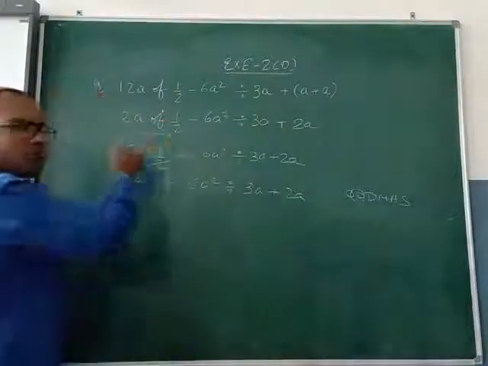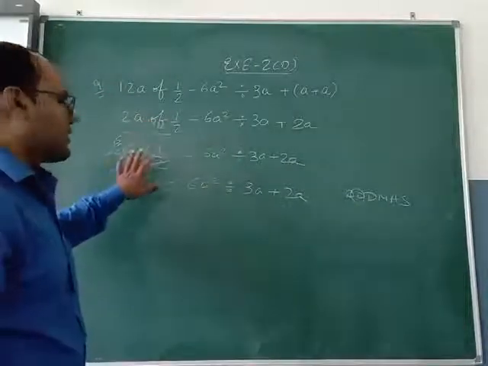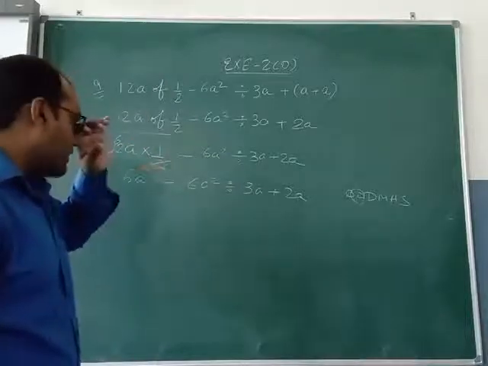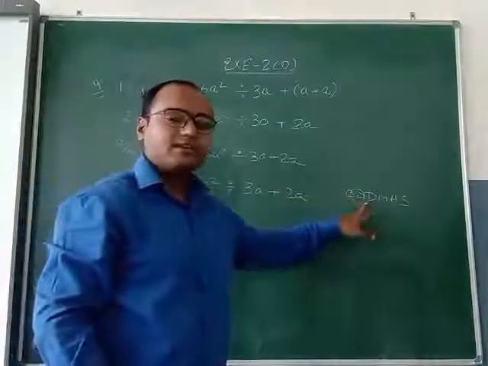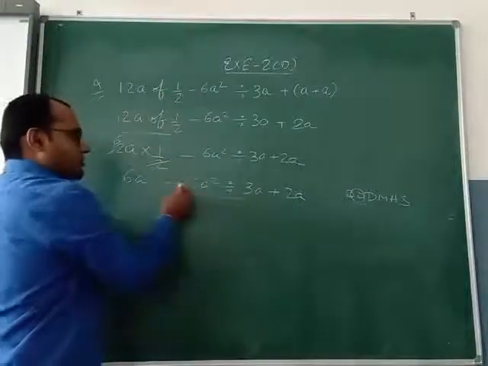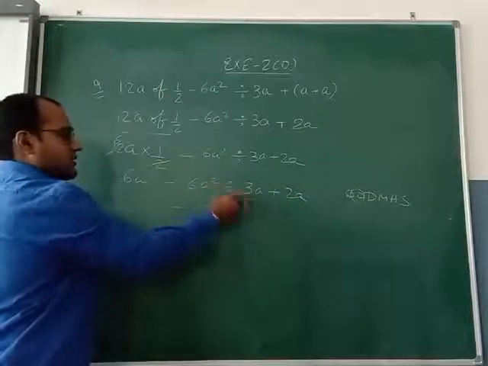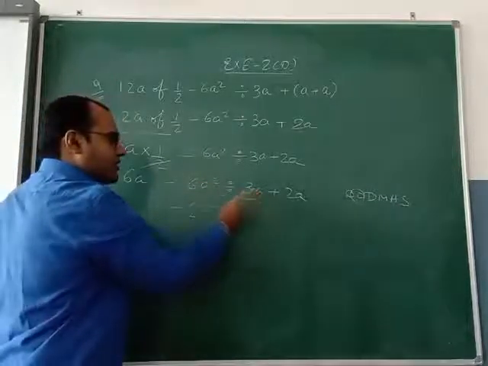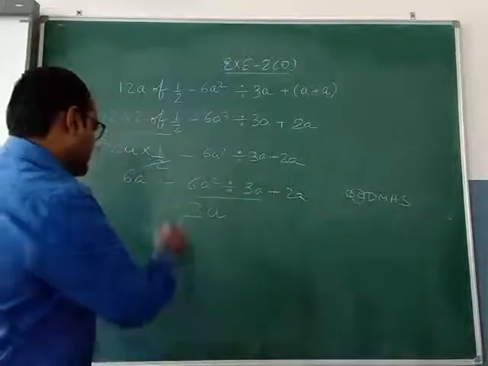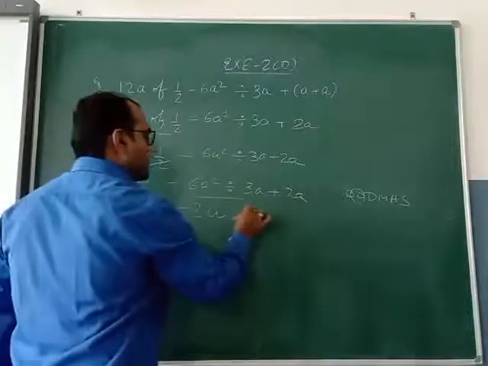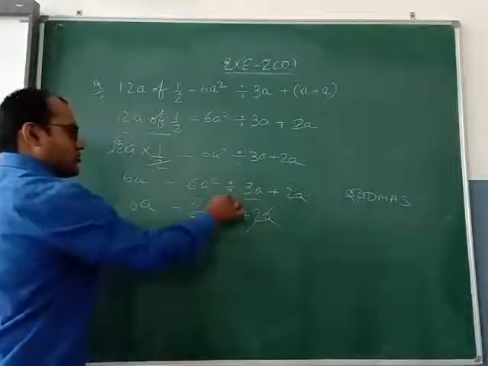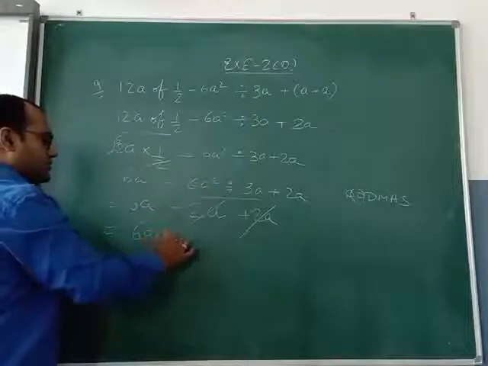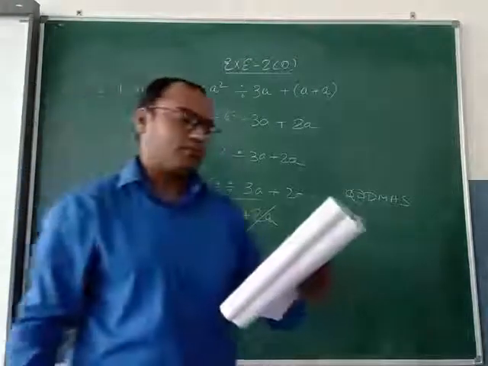So in place of of we have taken multiply. Now multiply also we have done. That means of work is over. Now after of, divide is coming. So we have to divide these two numbers. Minus and plus minus. 3 2 just 6. On dividing 6 with 3 we will get 2. a square divided with a will be a. Rest of the things we will write as it is. Plus 2a also. Now minus 2a and plus 2a both will get cancelled. So final answer is 6a. So like this you have to do question number 9.